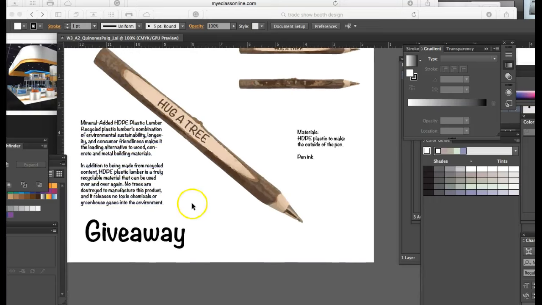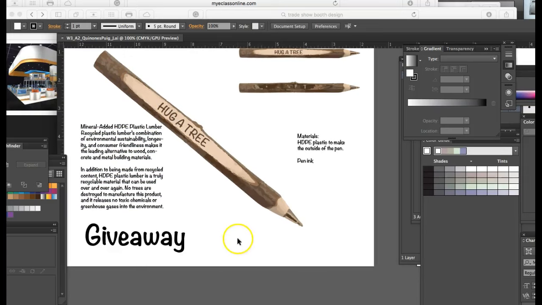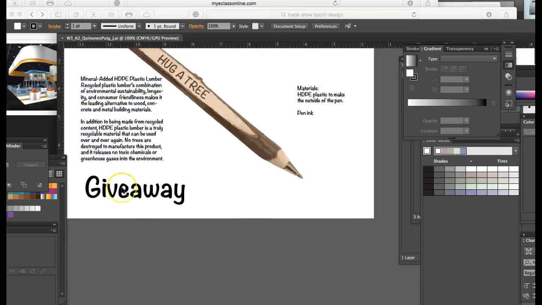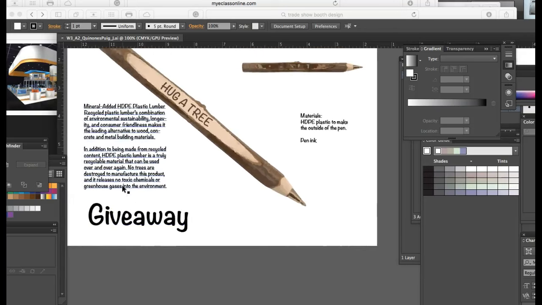So I think the idea here is that you're talking about this plastic lumber, okay? And that's really great because, oh, by the way, you need to cite your sources here for your material. HDPE plastic lumber to make the outside of the pen. Sources: where is the source for the HDPE plastic? Okay, so in this HDPE plastic lumber, I think that it's a really good idea, but the one thing we